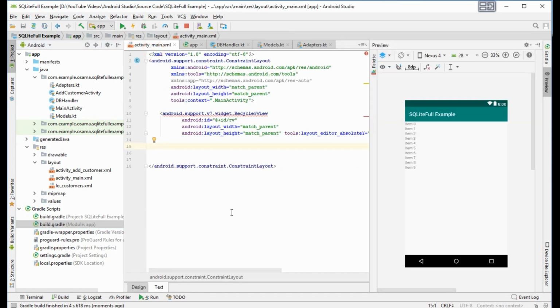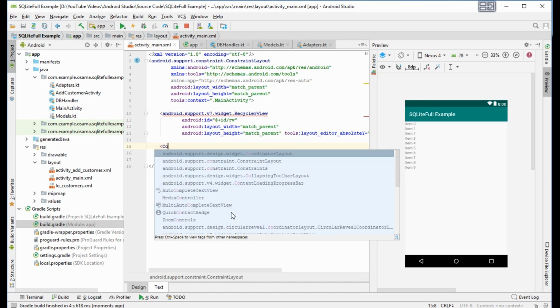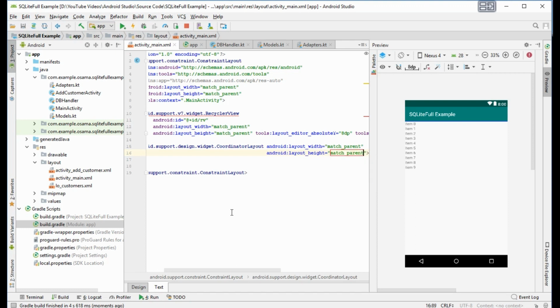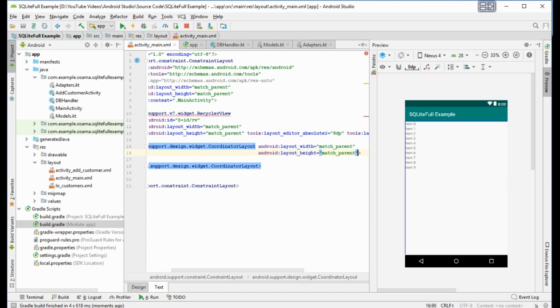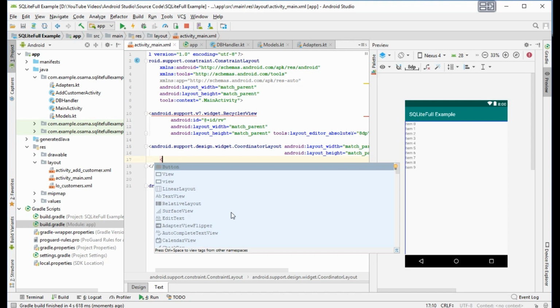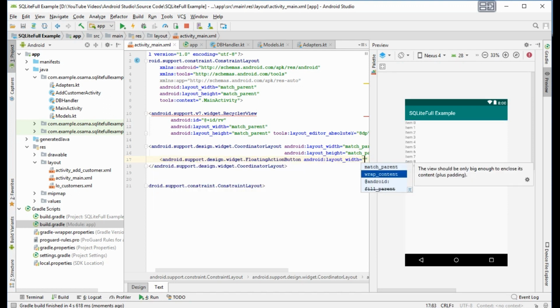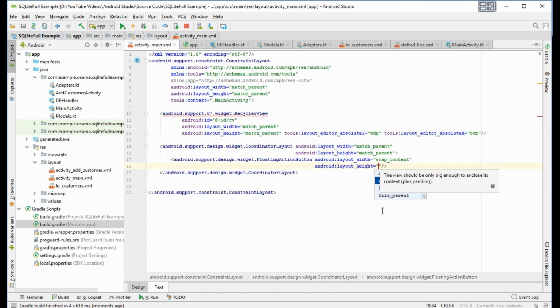Okay. And here we will add a CoordinatorLayout, match parent and match parent. And here a FloatingActionButton, wrap content and wrap content.